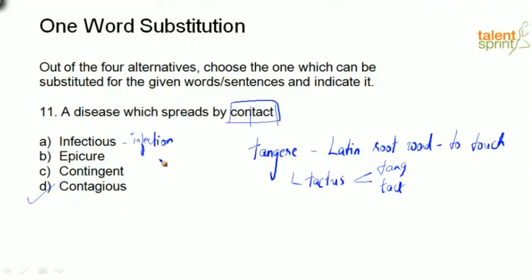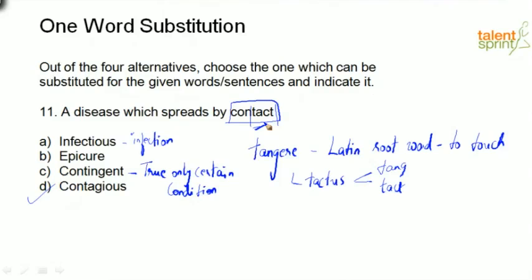Contingent is liable but not certain to occur, possible. So when I say contingent, I can say, true only under certain conditions. I'm giving all this so that you are familiar with the meaning of these words. However, just your knowledge on this particular root, tact, which means to touch, you can go ahead and pick the right answer.